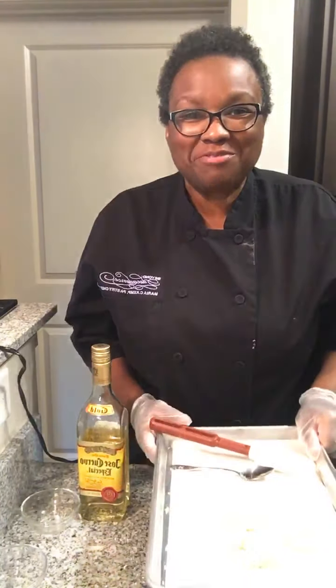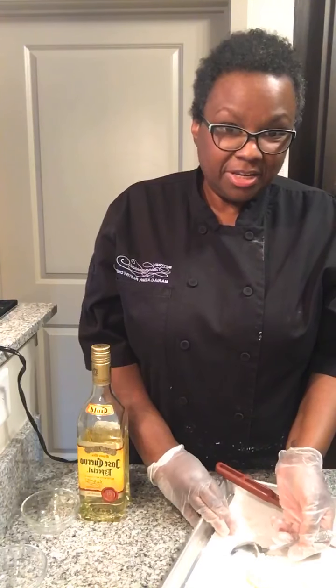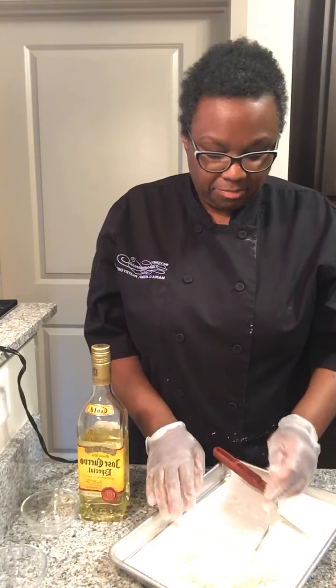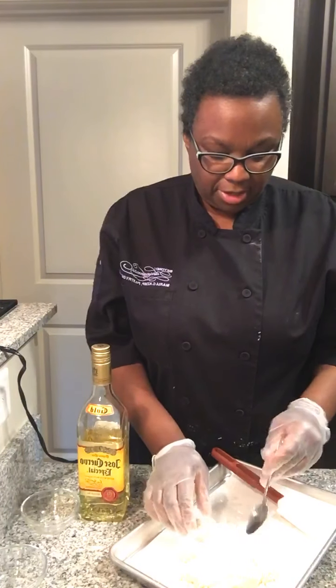I forgot, it's the lime zest. All right, so anyway, enough of that foolishness. So what I did, trying to see if I got you in the right spot here, is I poured it on top a little bit because it's super soft. And then once I got a little bit of the coconut on it,